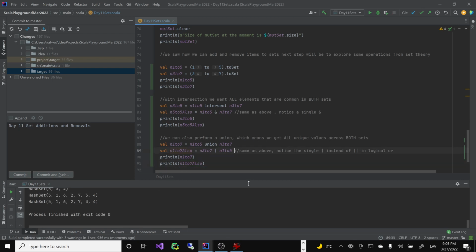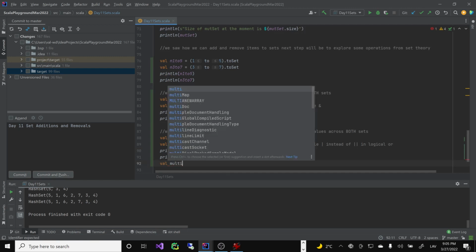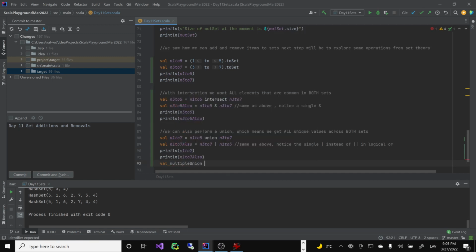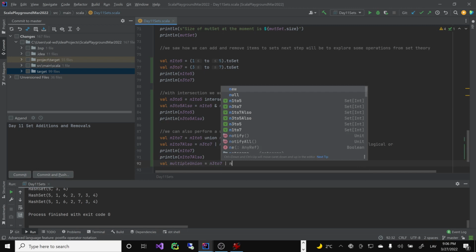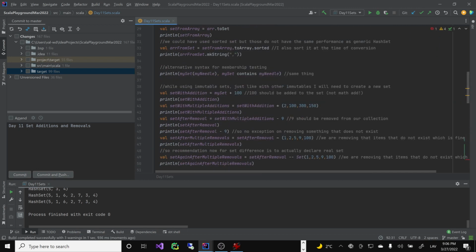Right, in fact, let me go crazier. We have some sets already. What do we have, right? Multiple union. We can do this, right? We can do n3 to 7. We can do n, maybe, what else? What other sets do we have? We have a bunch of sets. Of course, these are integers, so maybe set